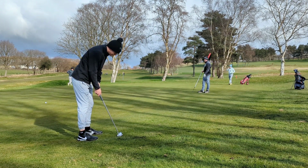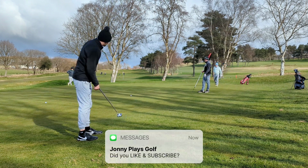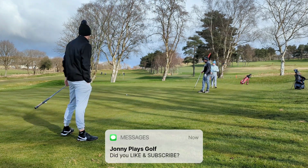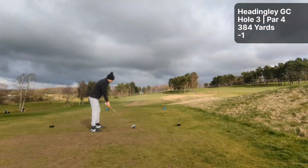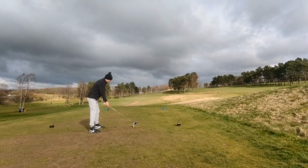So we have 25 feet here, just up the slope, off the fringe and up the hill and over and away, and I've left it short. But it was just a tap-in, so on to the third, and another similar length hole,